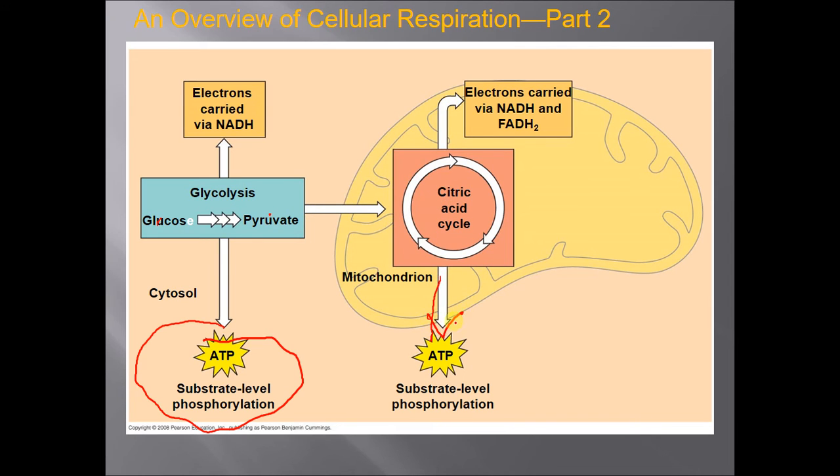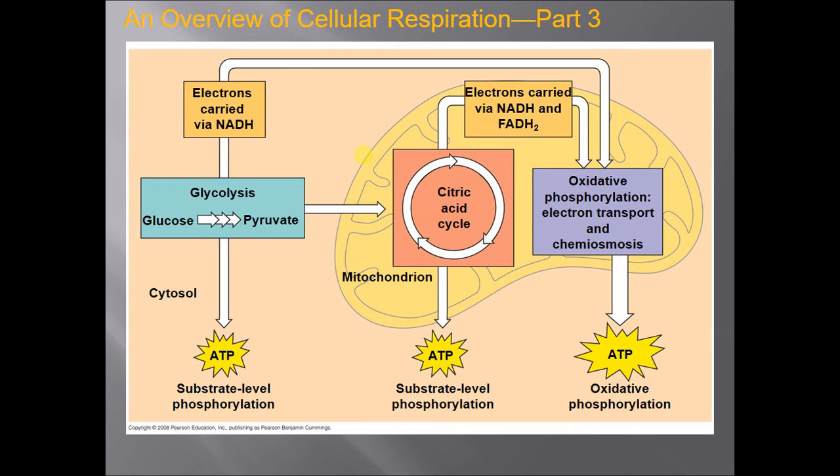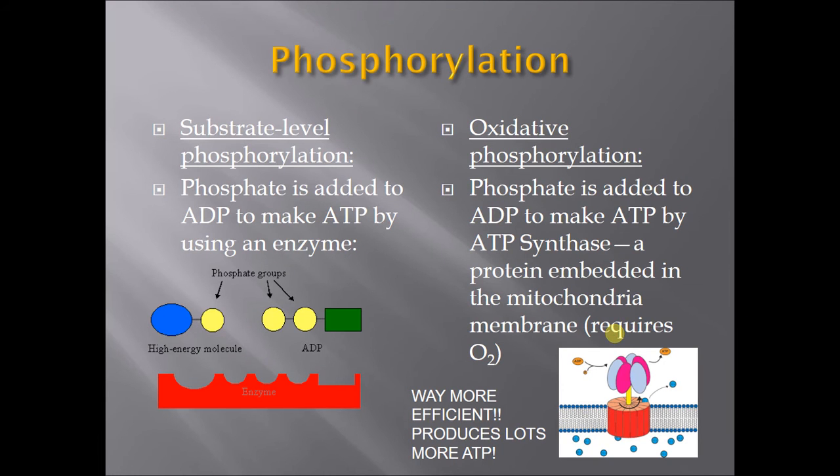Some more ATP comes out through substrate level phosphorylation, but mainly we get a lot of NADH and FADH, which both store electrons. And electrons, remember, are that potential energy. And then later we will talk about the electron transport chain, where we get out a lot of ATP through oxidative phosphorylation. So phosphorylation is adding a phosphate